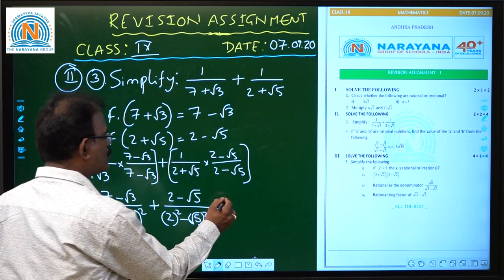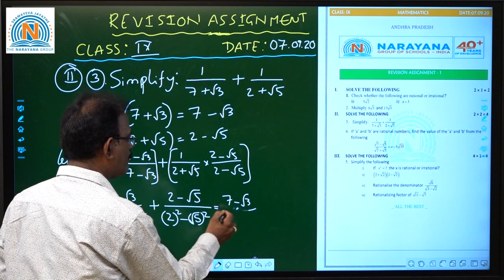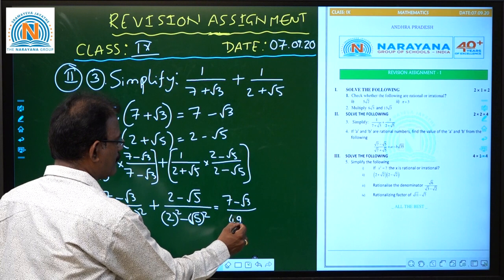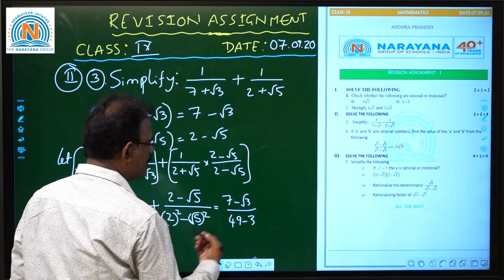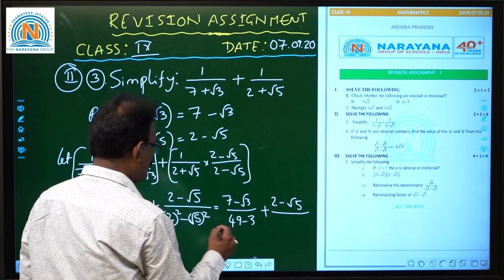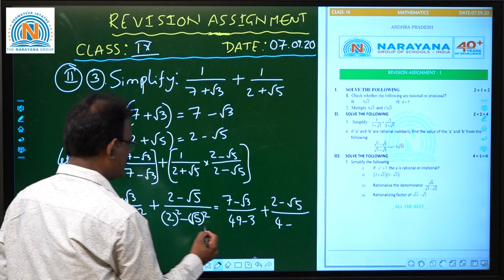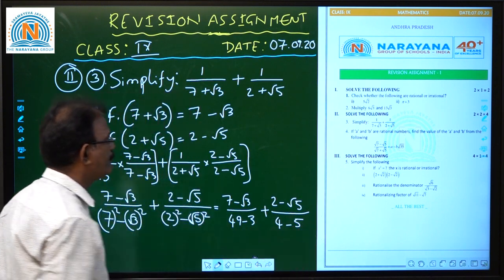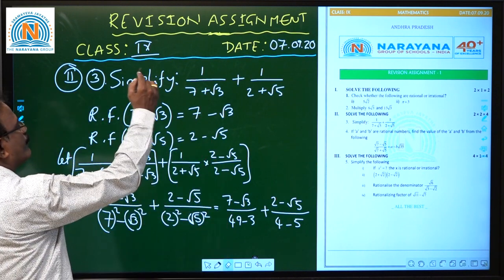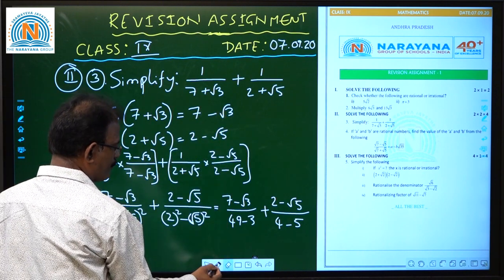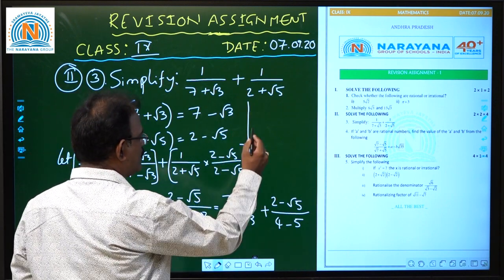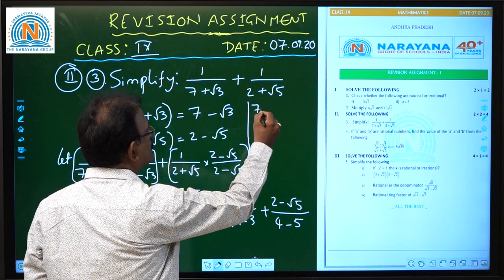Now 7 minus root 3 by 7 square means 49 minus, square root getting cancelled, so 3 plus 2 minus root 5 by this is 4 minus, square root getting cancelled, 5. Okay children, now 7 minus root 3 by 46,